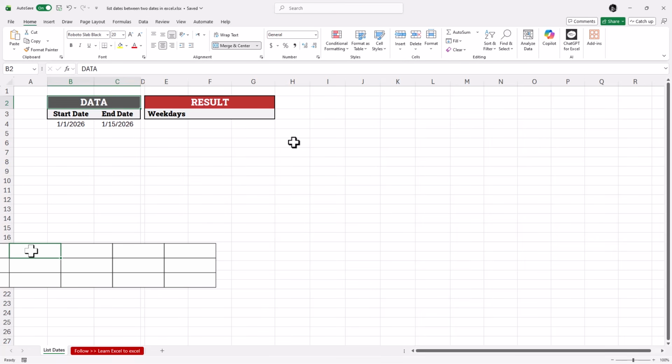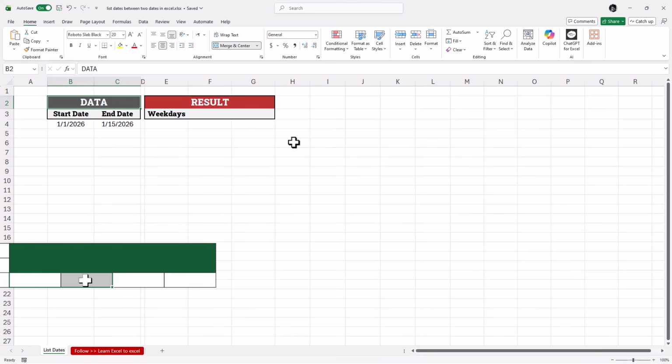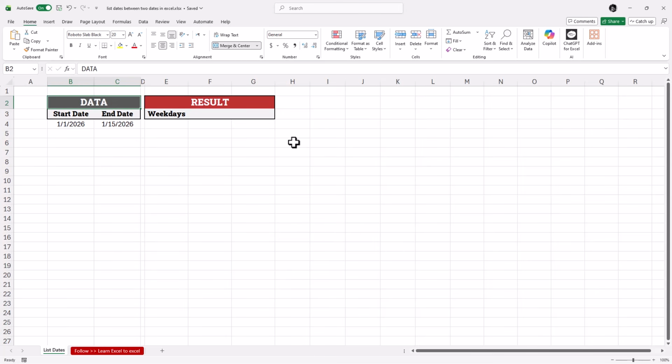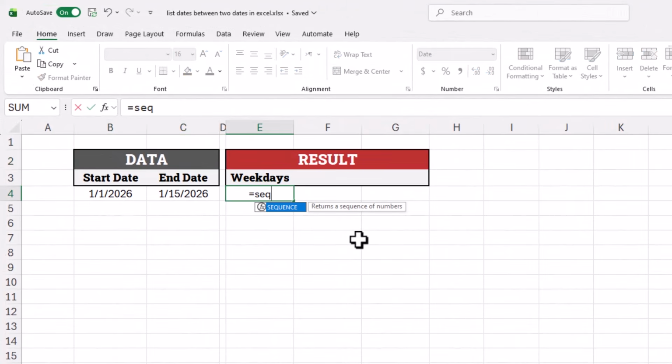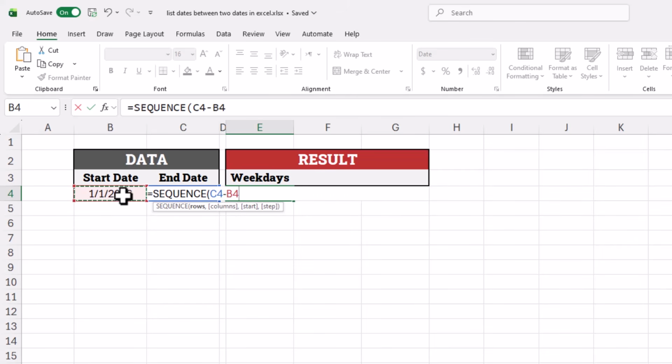To list the dates of all the weekdays between two specific dates, like the start date and the end date, we can use the SEQUENCE function. Select the cell, press equals, press Tab to insert the SEQUENCE function, select the end date, minus, select the start date. Now, as we want to list only the dates between the start and the end date, to exclude the end date, insert -1,